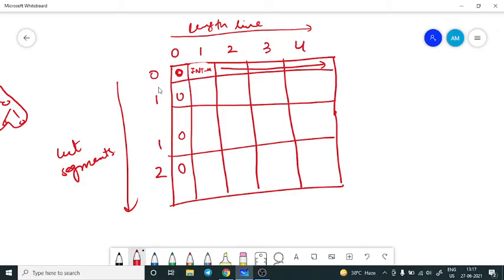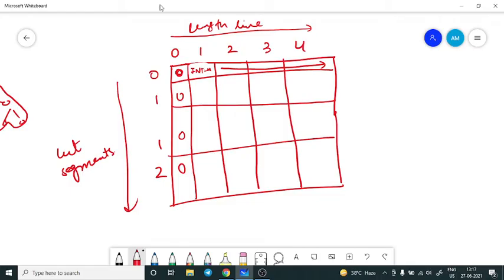Currently my idea in this iterative DP table is that for each of the cut segments I have, I will try to cut the entire possible length, one by one. First we will take 1, 2, 3, and 4 with the cut segment of 1, and then in the second one I will consider both these two cut segments for this entire length. Similarly in the last one I will consider all three cut segments and check for this entire line segment. So this is kind of a brute force solution, trying each and every possible choice we have.